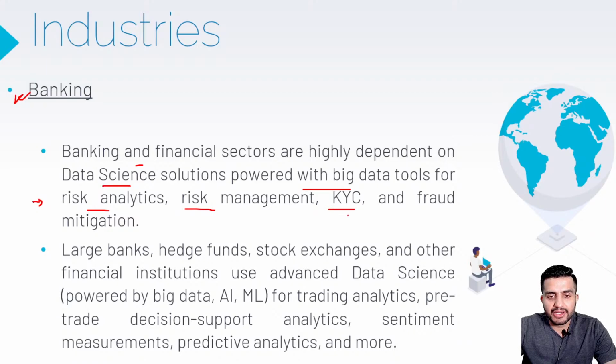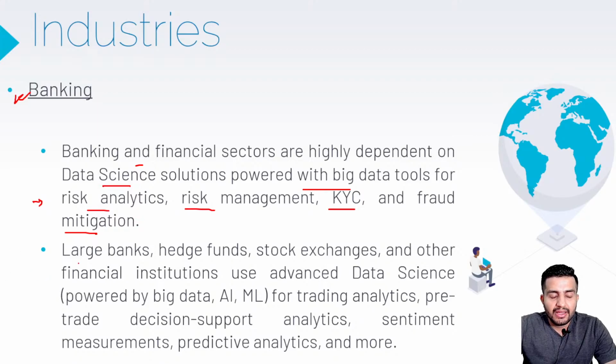Doing the KYC operations, fraud mitigation. Lots of areas where data science solutions play a very important role in my banking industries, and all of them are majorly powered by big data tool components,